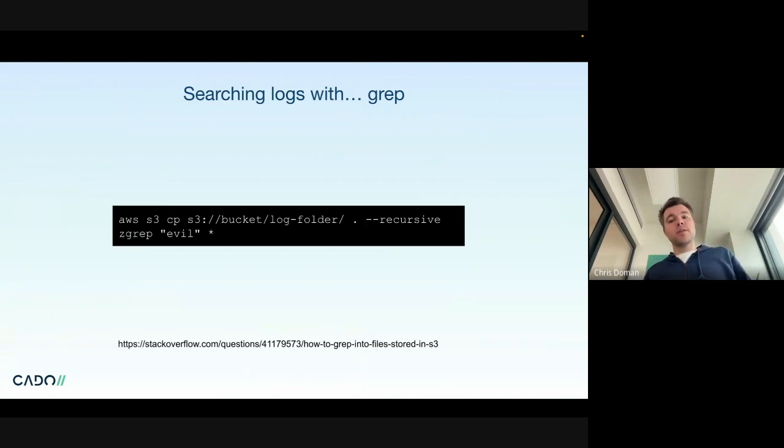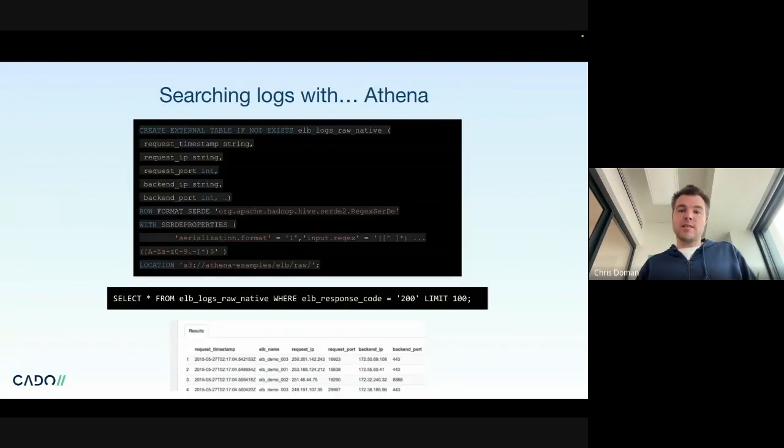And there are pros and cons in terms of cost and speed here. So if you download all those logs locally, you can then run multiple queries potentially quite fast. Grep actually works, frankly, better than some other tools, but it does depend on what you're doing. You can also use something like Athena, in which case you don't have to download it locally, but then you're potentially paying cost depending on regions, that kind of stuff, each time you do these queries. So you have to be a bit careful there too.